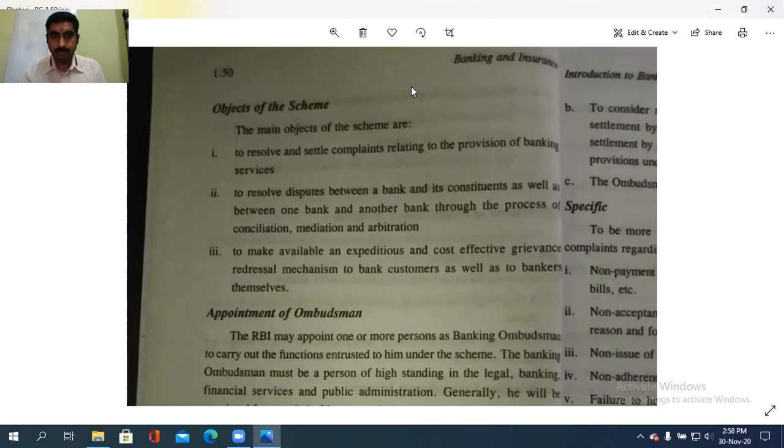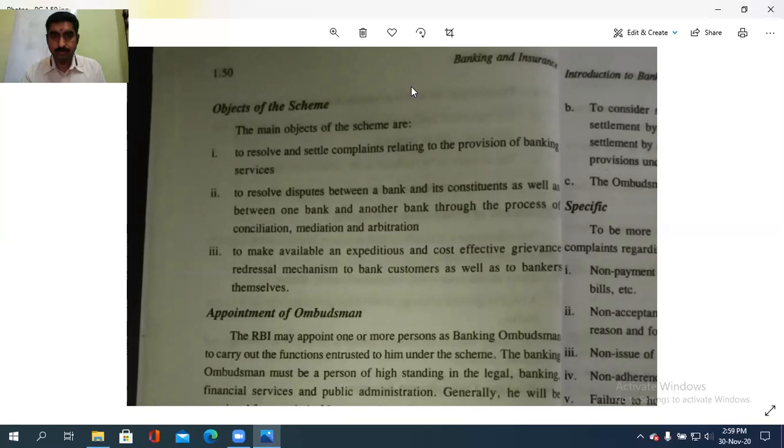To resolve the disputes between a bank and its constituents, as well as between one bank and another bank, through the process of conciliation, mediation, and arbitration. So through three processes, any dispute between banks, or between a bank and its constituents, that is a customer and a bank, should be solved through conciliation, mediation, and arbitration. With discussion, acting as a mediator in various ways, they need to solve the disputes arising,